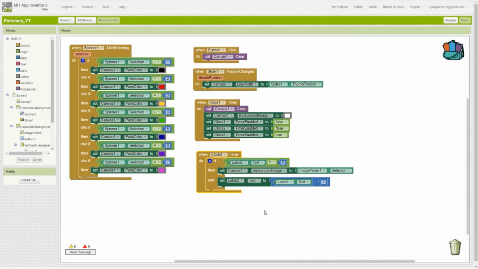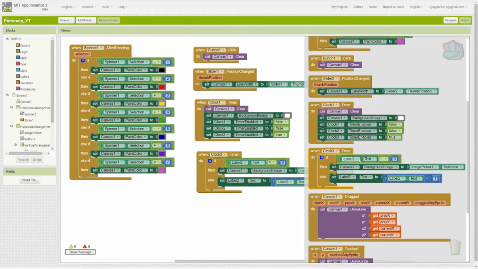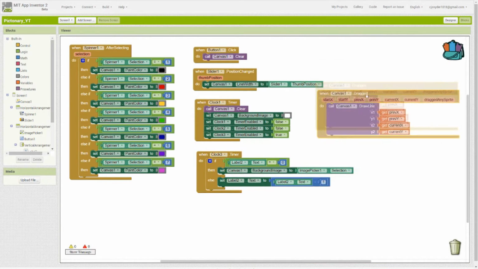And it's also going to set label if it's not equal to 0, so it's an if then else statement. If this does not happen, it's going to set label2.text to label2.text minus 1. So it's a countdown from 60 to 0. Next, we are going to add our canvas1.dragged and our